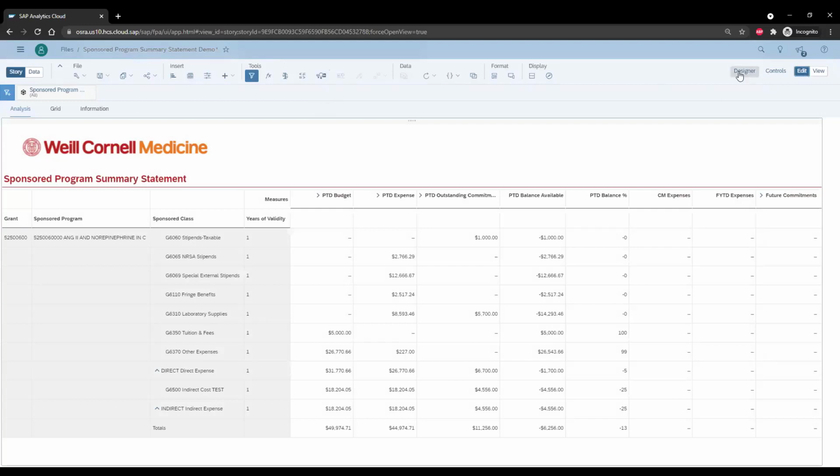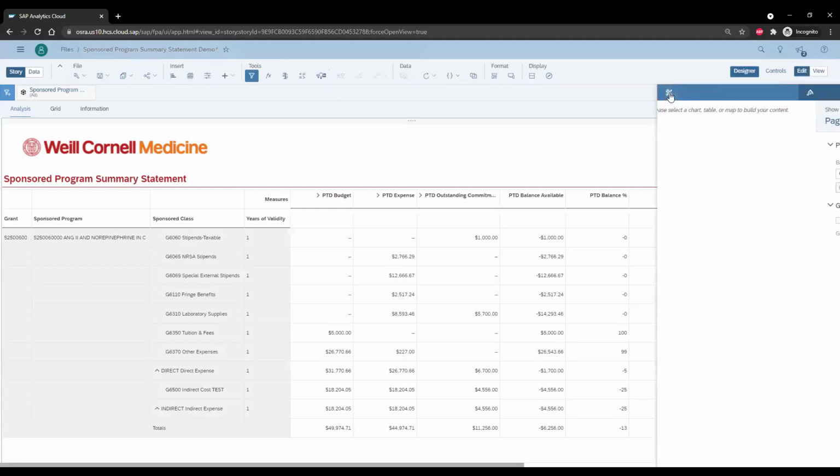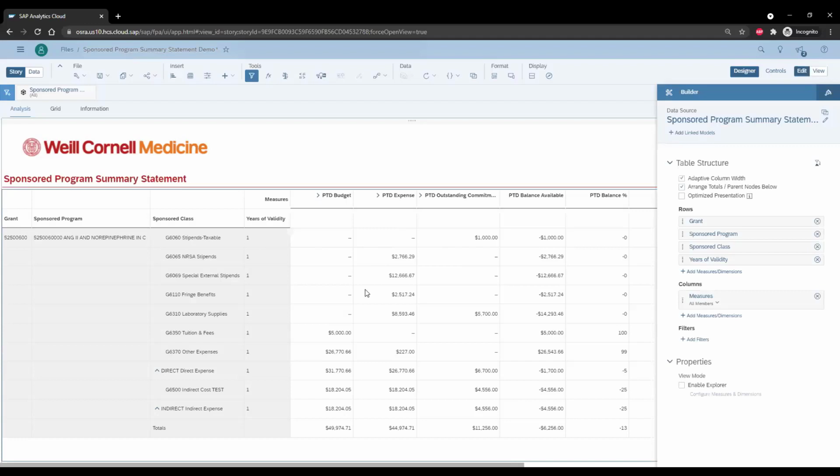But the main part of this is, if you're familiar with analysis for Excel reports or Webby reports, they both have pop-out menus from the side or static menus. In Designer, I can go to this little wrench and screwdriver here. And once I click into the report itself, the actual data view, this will populate with all the information from